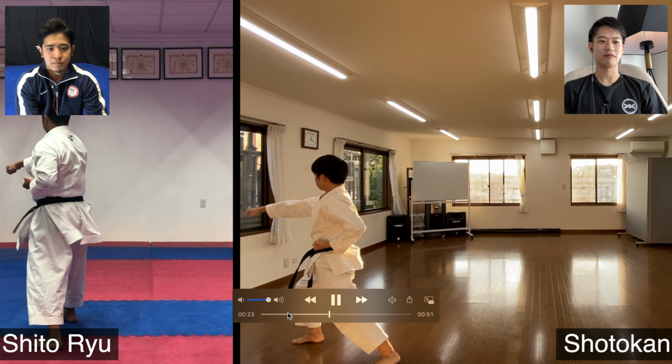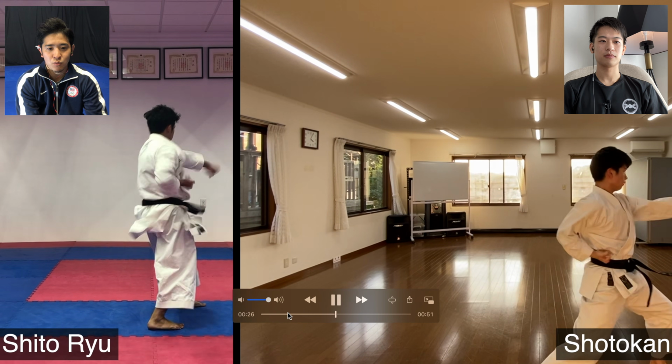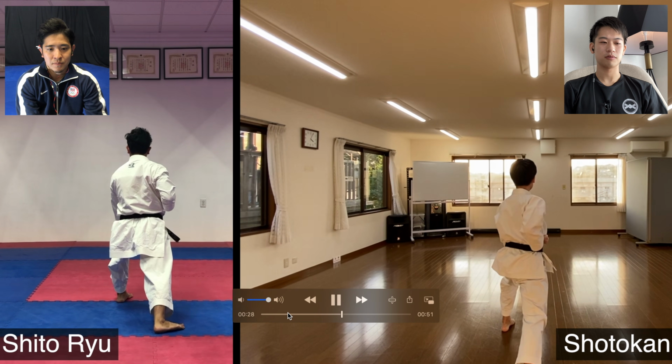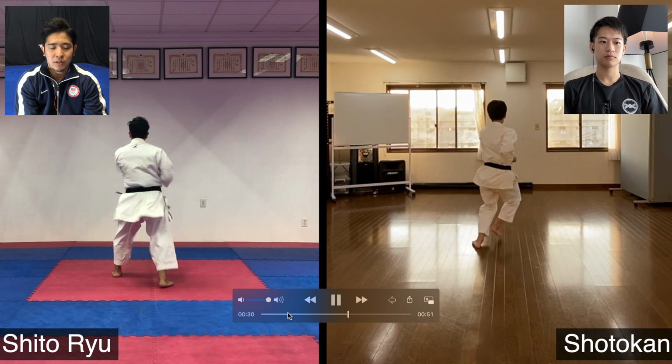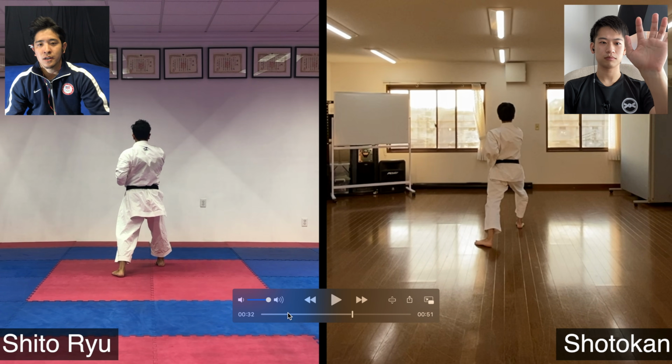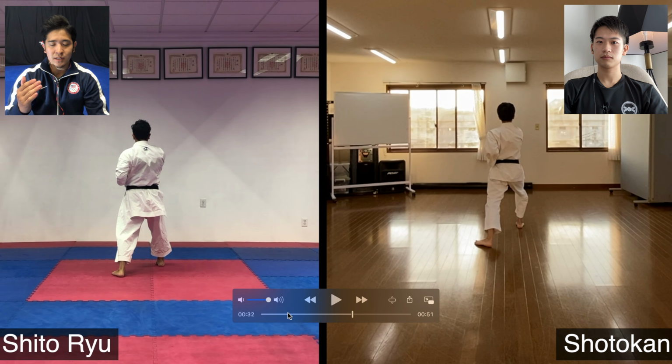The direction of this punch is different. Yes, that's one big difference. 45, right? Yep, Shitoryu. Yes, and another big difference I see too is when we do our attacking techniques for